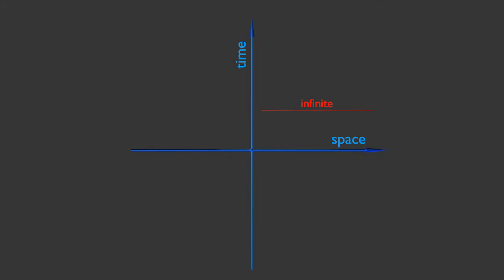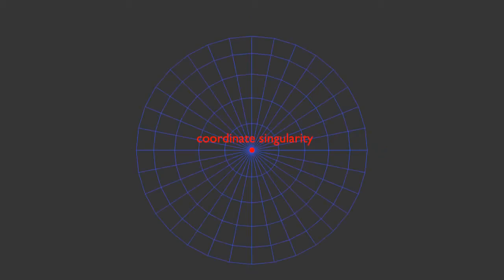Distances between points in space which are not at infinity are infinite. Time intervals between moments which are not at infinity are infinite. Distances between distinct points are 0. Time intervals between distinct moments are 0. This can happen also because of a bad choice of coordinates, but in this case one can choose better coordinates in which no singularities appear.